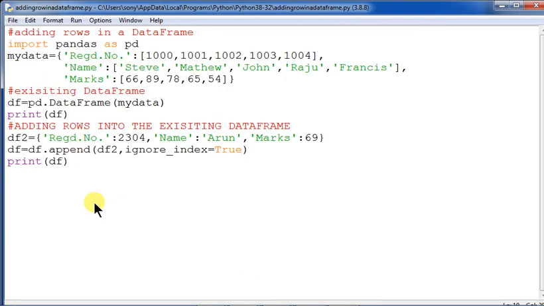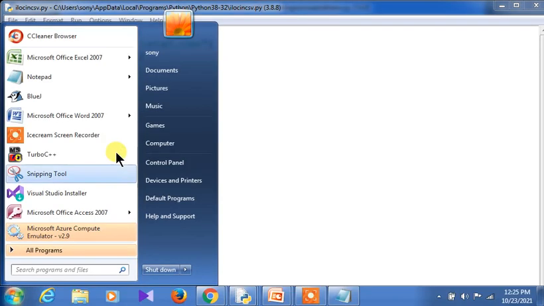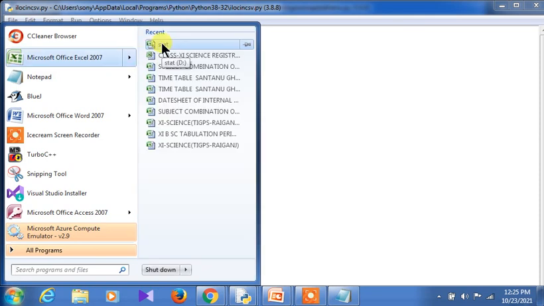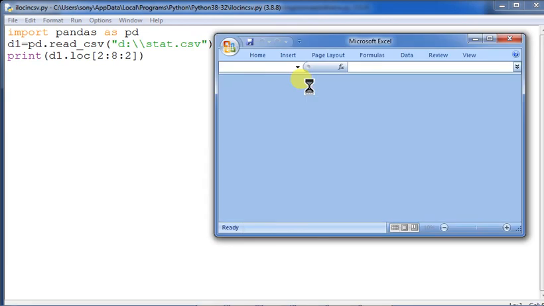Now right now we are just executing a very small program. This is read CSV, and the data is to be read from stat.csv. Let us access stat.csv first of all, then I will explain the rest. This is the stat file which has already been created in Excel. It is a CSV file, which stands for comma separated values file. Now you see how the data can be called over there, and we will match it up.